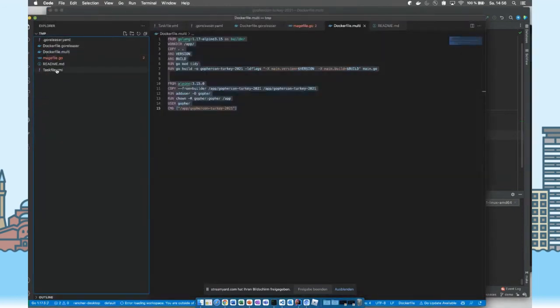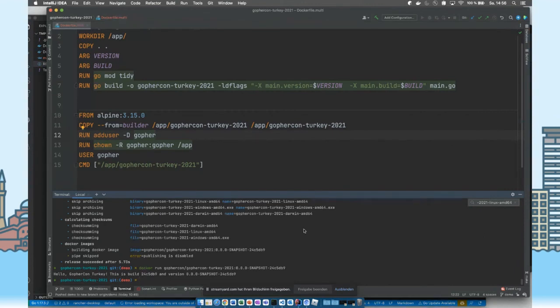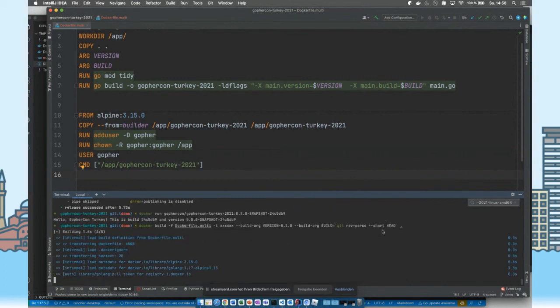And now there comes a thing where you say, okay, maybe you have to start to mix this, because nobody can remember now this build command I put here inside. Let me put it here also to talk about this. So I call the Dogger build, like in the other things. I say which file he should execute here, the container name or the image name. And here you can see I put the build args as a variable inside. But again, there are different ways to handle this also. With env files you can work and so on. So everything is possible. But here, just to make a demo, and now I execute this,